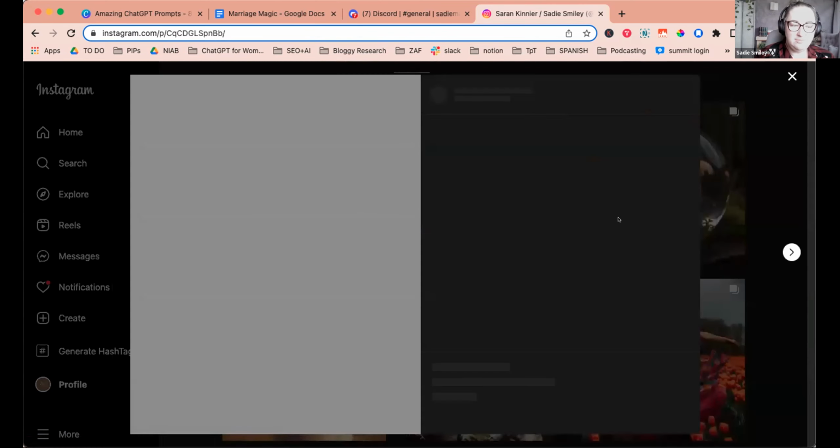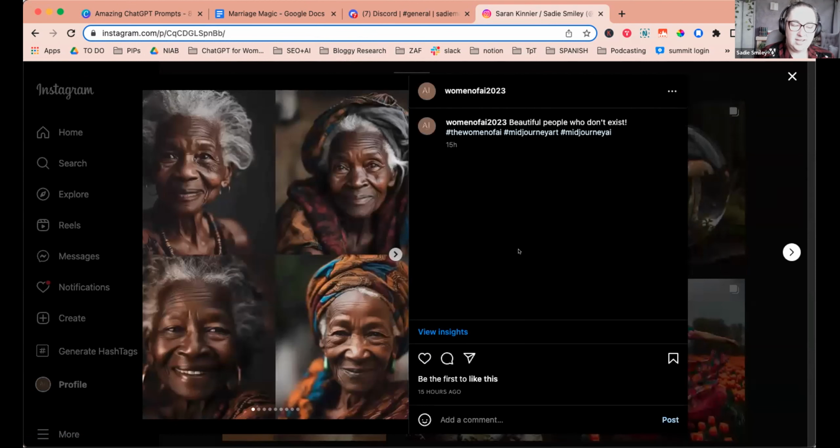I started putting in prompts that included words that are not usually associated with beautiful. Okay, so I started using old, fat, words that people usually have negative connotations associated with. I love the word fat. I don't know why it bothers so many people. I'm so proud to be fat. I am eating good and I'm enjoying my life, but I understand that some people don't like it. So I just started putting in words that normally wouldn't equal beautiful to today's society, and look at the beauty that we were given. Like,